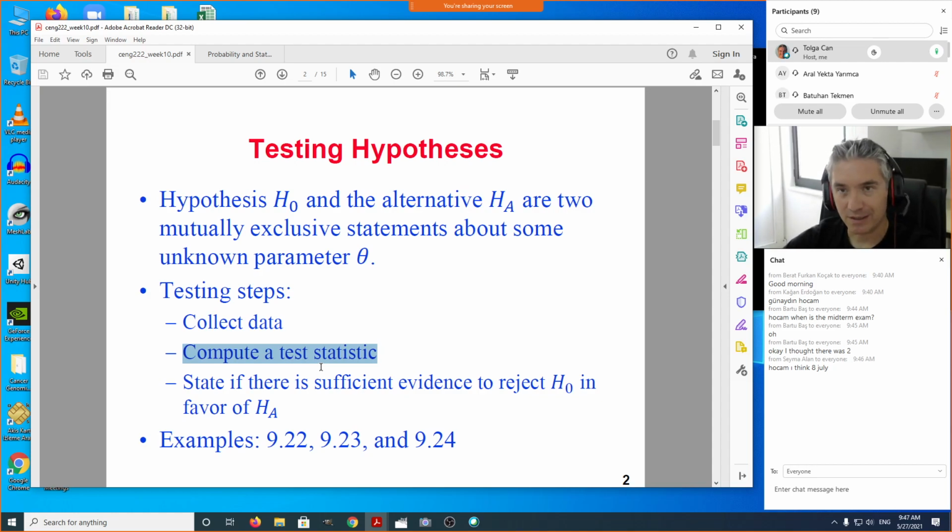Otherwise, we will be conducting z-test when we have large samples. We will conduct z-test with respect to population means, differences between two population means, proportions, and maybe differences between proportions. And if the statistic falls in the rejection region, which we will state with respect to the significance level we want to conduct this test, we are just going to see where this Z test statistic falls in. If it's in the acceptance region,